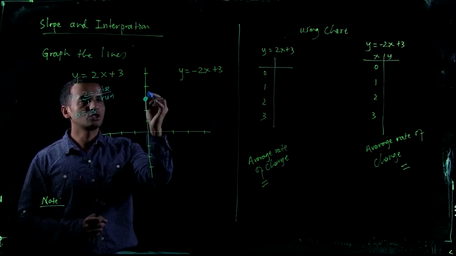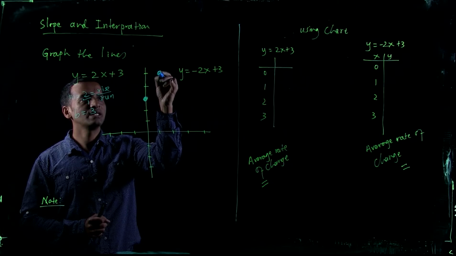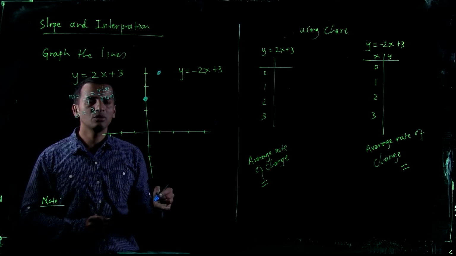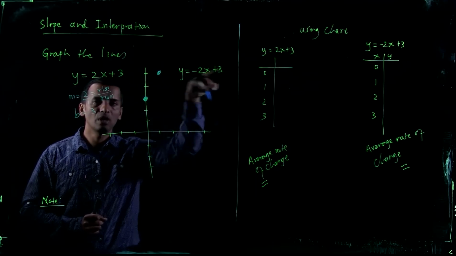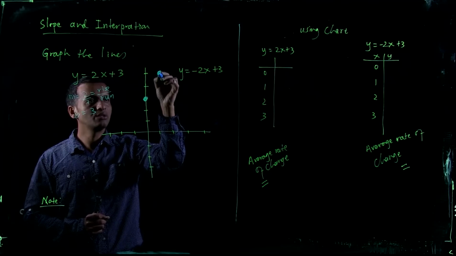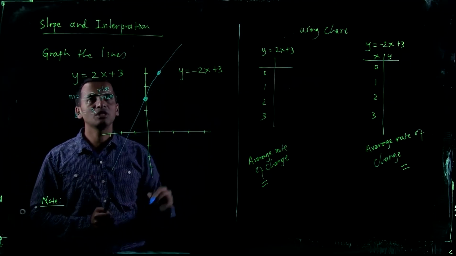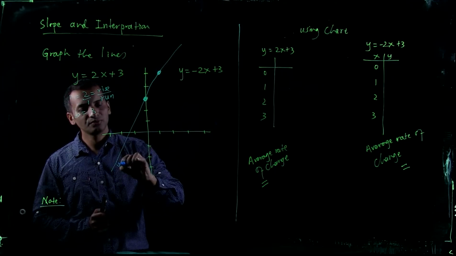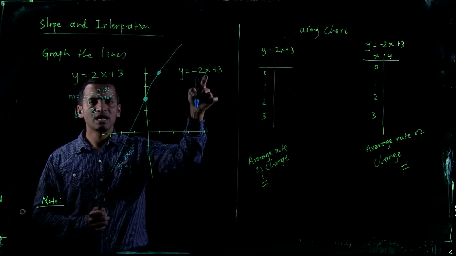For the slope, you go 2 units rise and then 1 unit run, so it will be that one. So positive 2 unit rise from that y-intercept and then 1 unit run. Positive means to the right, you go to the right side and then you join the line like this. So this is the equation of the line, y equals 2x plus 3. Let me draw this line.